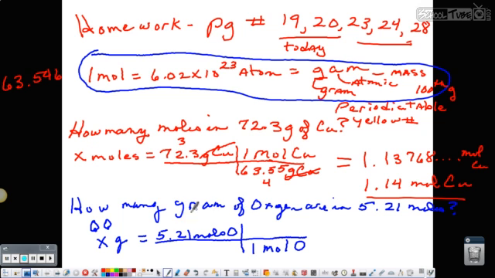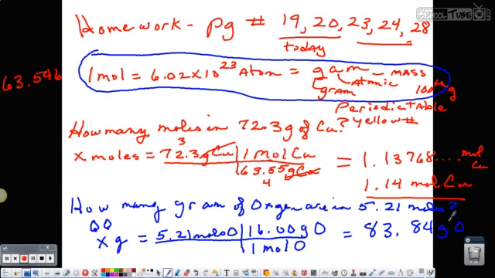And where am I trying to get to? I'm trying to get to grams. Which one of these 3 has grams in it? There it is. And where do I find the GAM? I look on the periodic table at the yellow number, and I round off to the nearest hundredth. So that would be 16.00 grams of O equal. Now in this case I'm going to say 5.21 times 16. And my answer is going to be 83.84